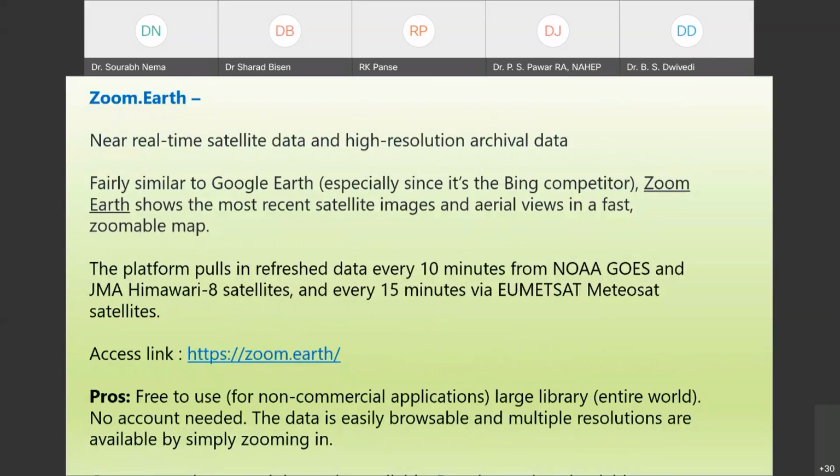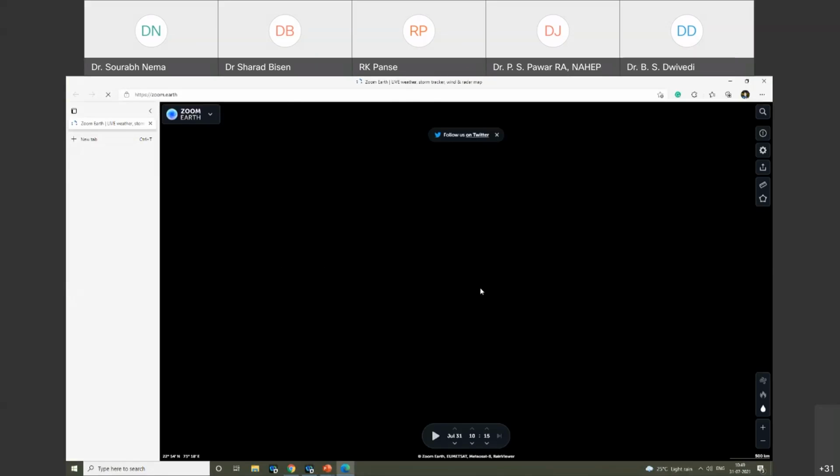Similarly, Zoom.earth is another geoportal where near real-time features are available. It is similar to Google Earth, because there is a competitor, Bing. You might have heard of it. That Bing has developed this Zoom.earth. So let's see what exactly differs in Zoom.earth. It is also free to use. It also has large libraries, but it has some different features that I just want to show you. So in this Zoom.earth,